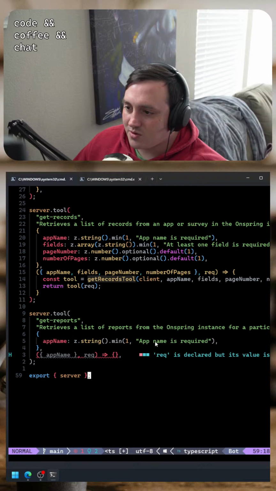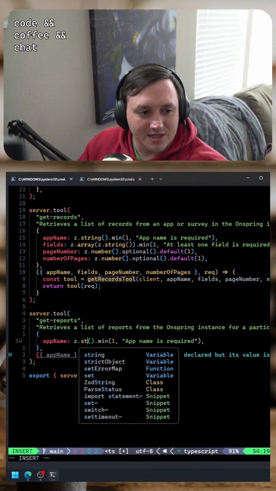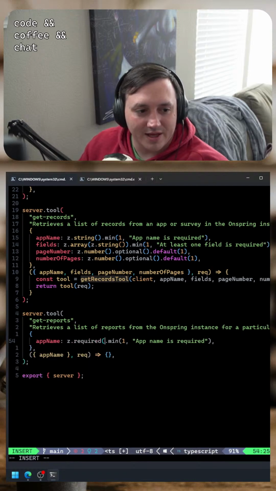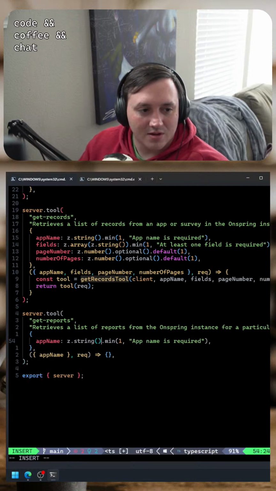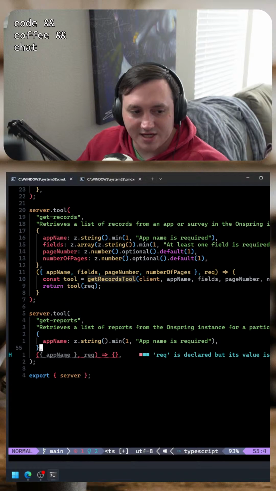Abu, you could use the required property as well in Zod. Oh, okay, well maybe it's deprecated now, because it doesn't seem to be on that object anymore. Required. Do I know how to spell? Required. Yeah, huh. Maybe they removed it. I don't see it anymore. Anywho, I just thought that was interesting.